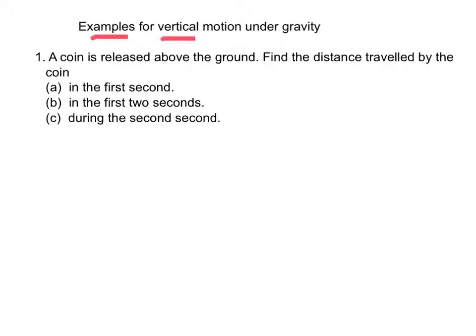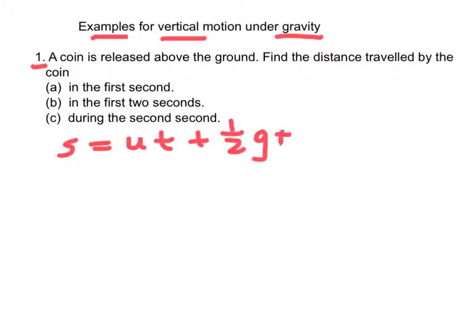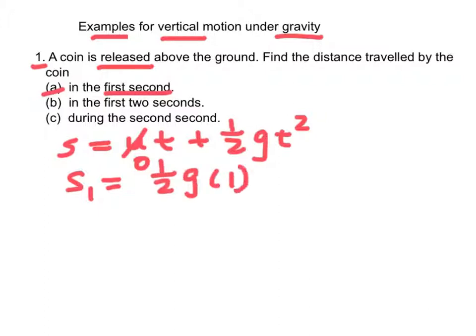Examples for vertical motion under gravity. Number 1. Using the equation S equal to ut plus half gt squared, u is 0 because it's released. Part A, in the first second, S1 equal to half g times square of 1, which is equal to half